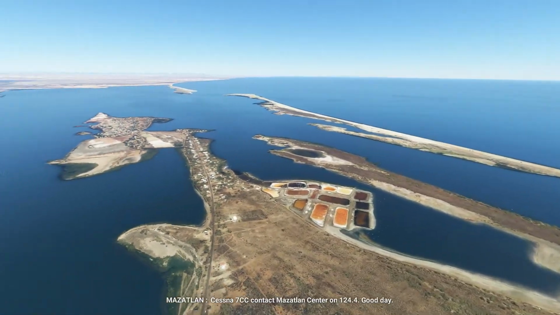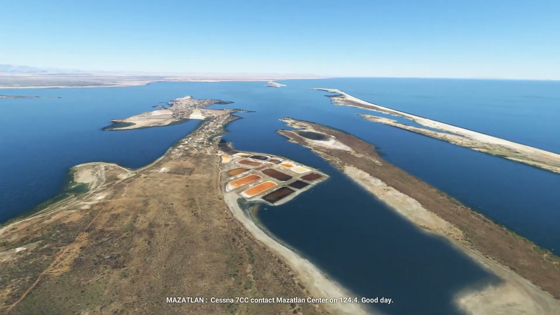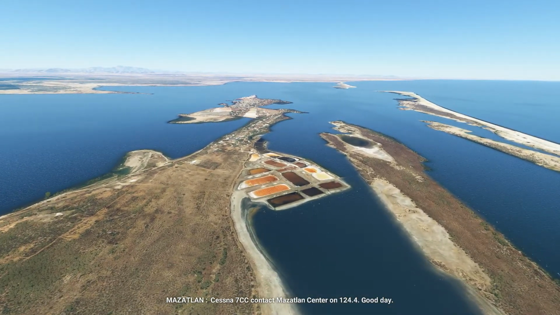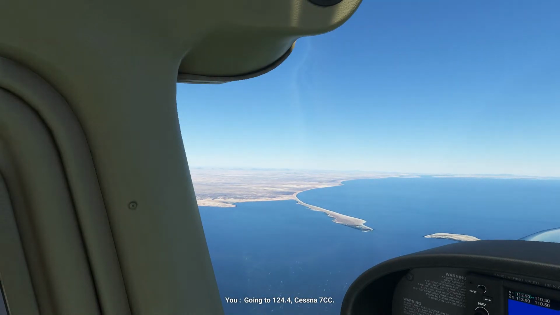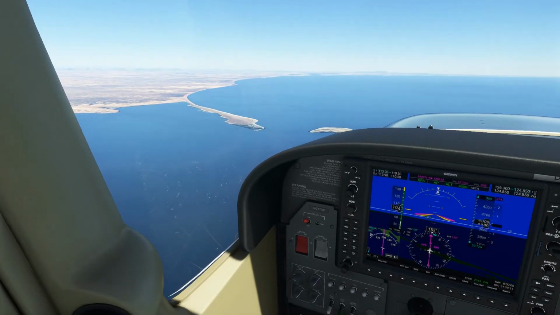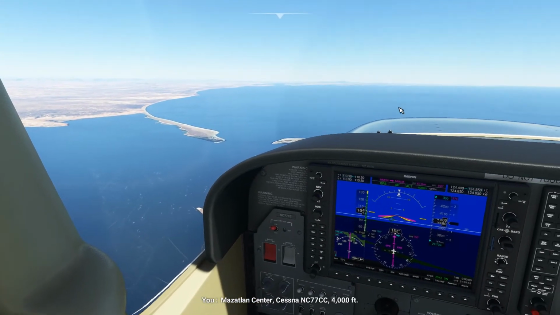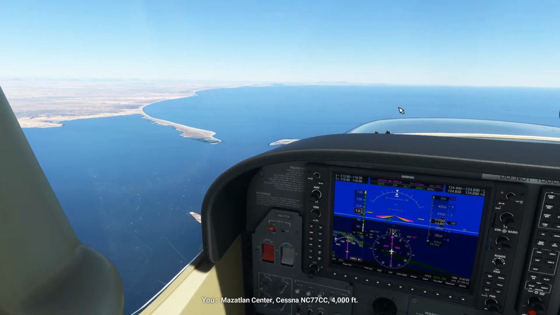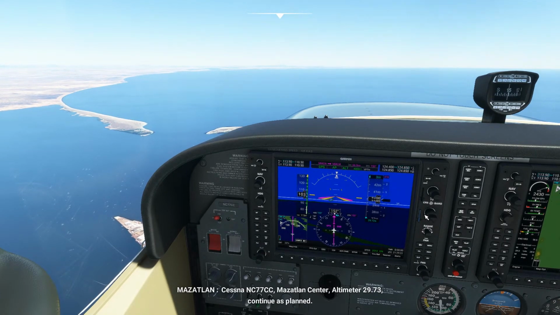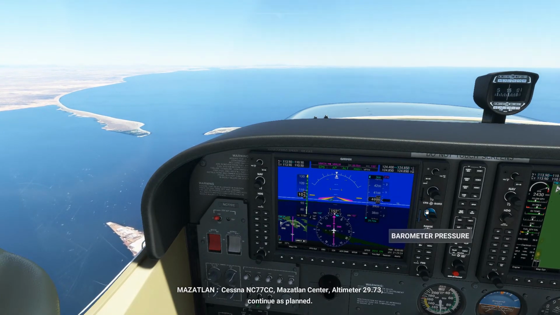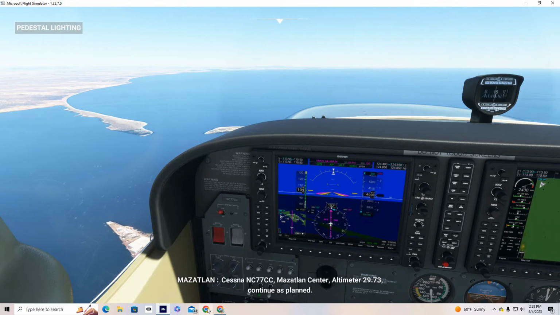By the way, Cessna 7 Charlie Charlie contact Mazatlan Center on 124.4. Good day. Going to 124 decimal for Cessna 7 Charlie Charlie. good day. Mazatlan Center Cessna November Charlie 77 Charlie Charlie 4,000 feet. Cessna November Charlie 77 Charlie Charlie Mazatlan Center altimeter 29.7 tree. Continue as planned. And so